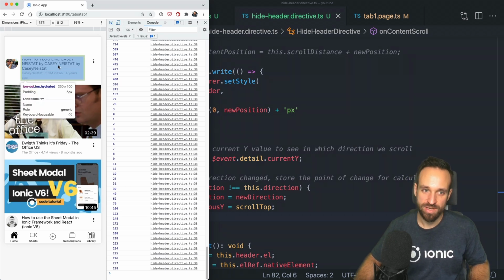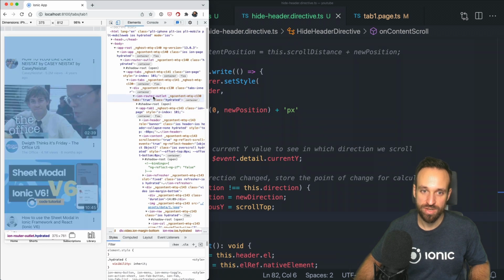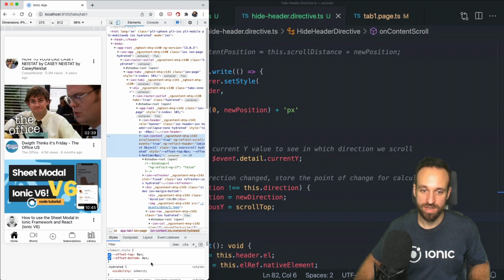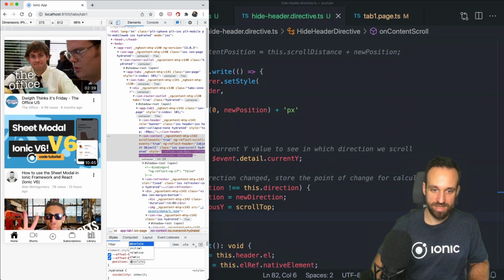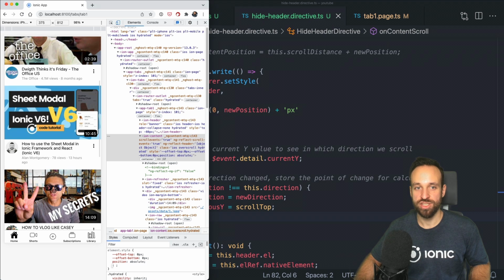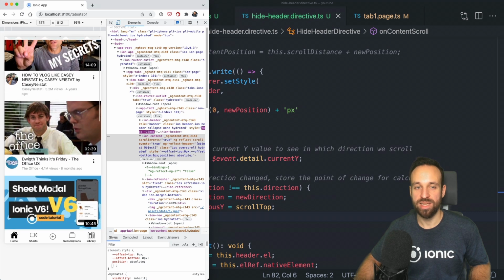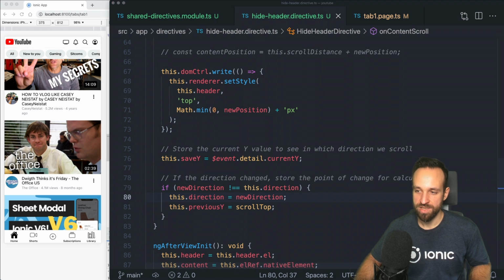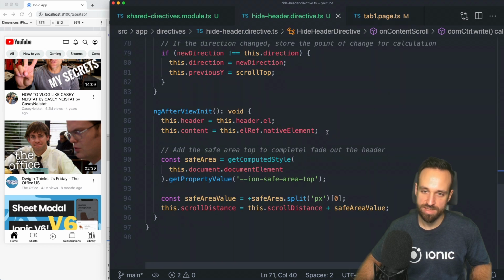And to do this, we're gonna have to add to our Ion content. Where's the Ion content? There, position absolute. So only by positioning in an absolute way, we will be able to overcome this. Or we could always add it to the top and then use margin, but that will look kind of ugly. So instead we want to have the absolute position, and we could do this within our tab 1 SCSS file,